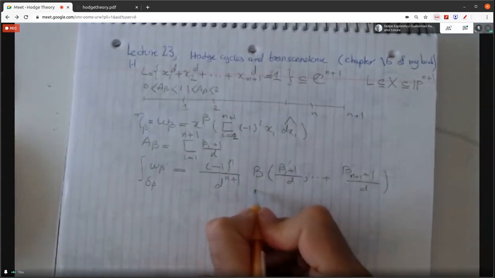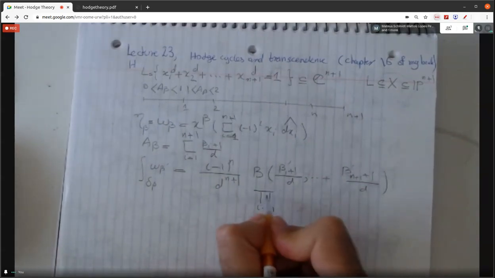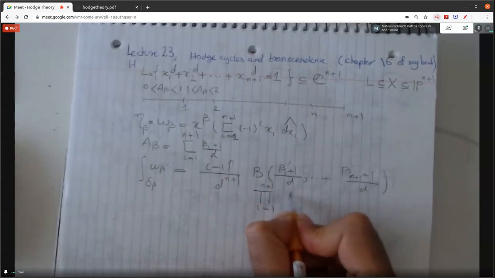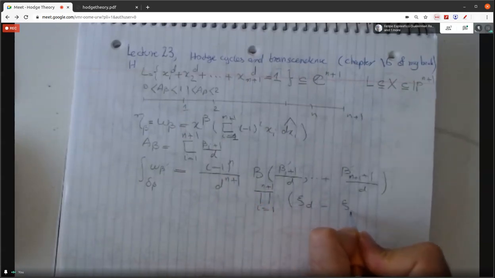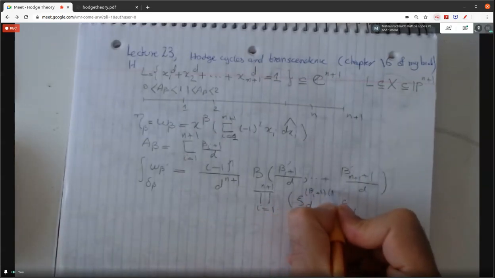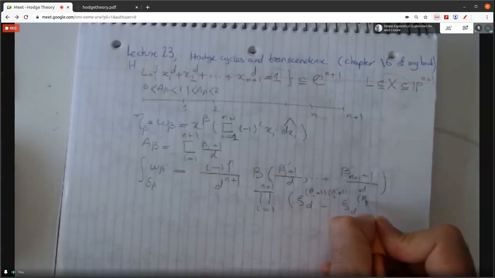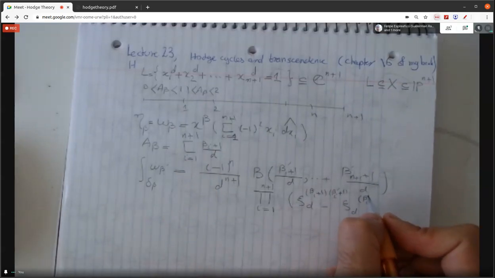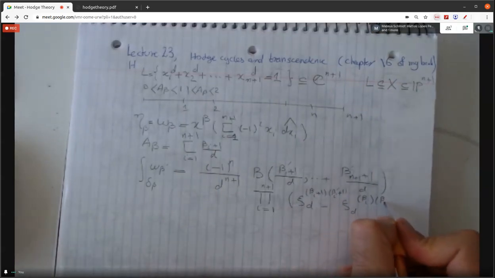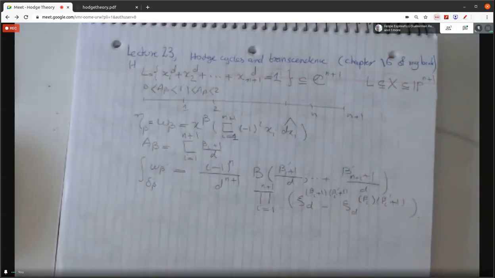This apparently transcendental factor, and then the algebraic factor, the product for i equal to 1 to n plus 1 of zeta d minus zeta d here, beta i plus 1, beta i prime plus 1, and then over here beta i prime plus 1. So then, using this data, we can do a little bit of